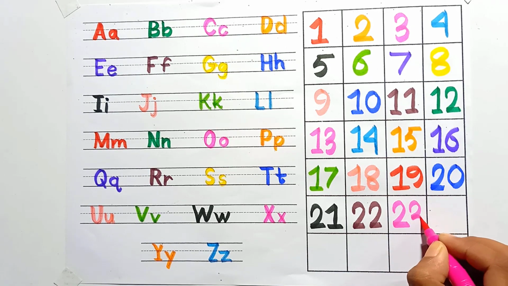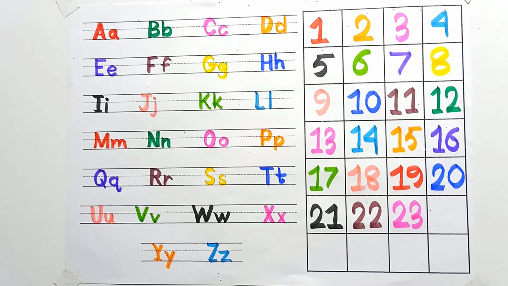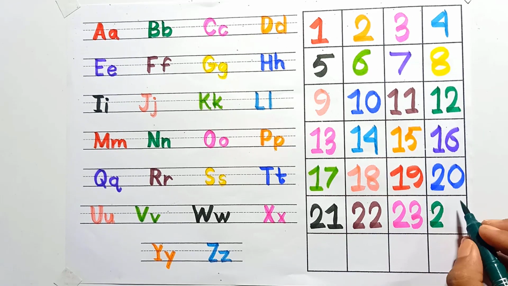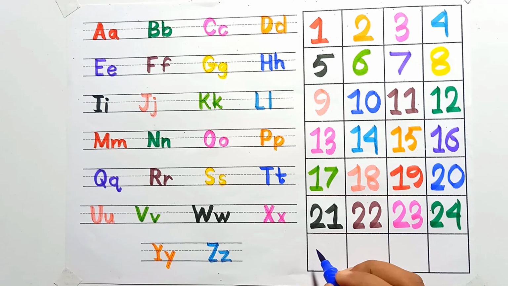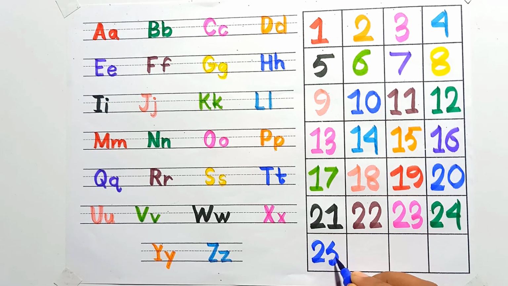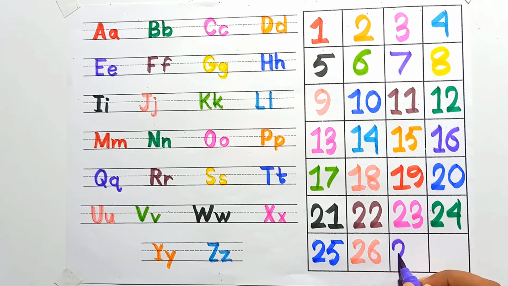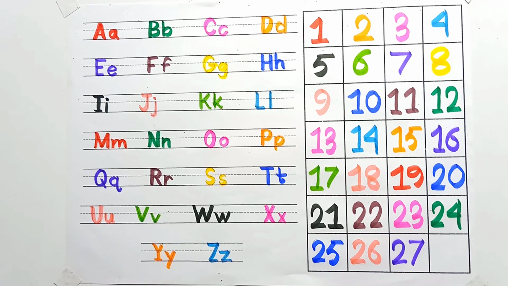2 and 3, 23. 2 and 4, 24. 2 and 5, 25. 2 and 6, 26. 2 and 7, 27. 2 and 8,